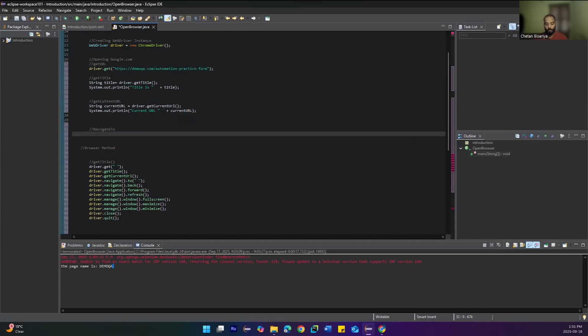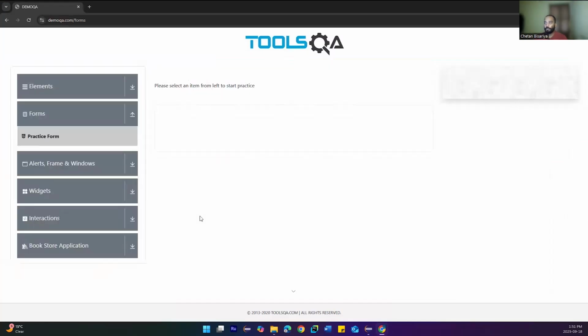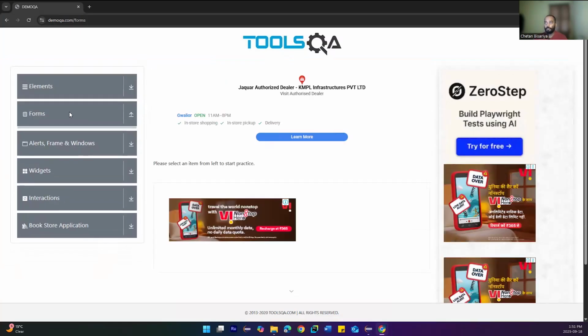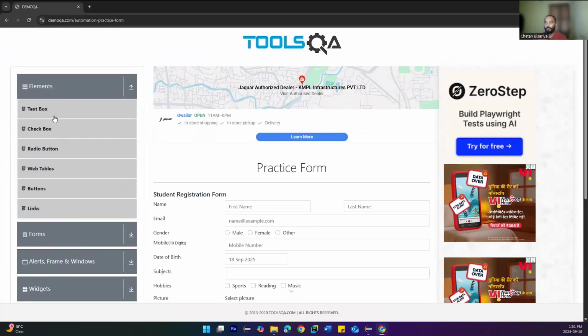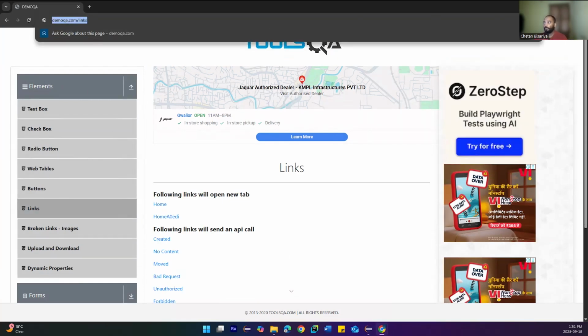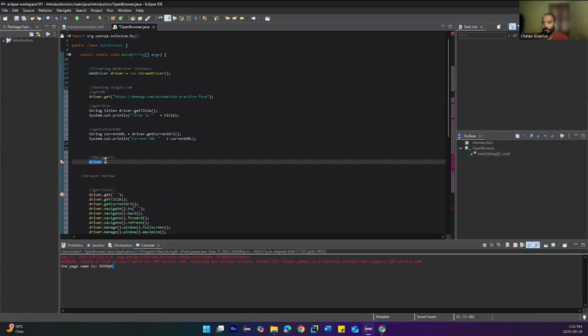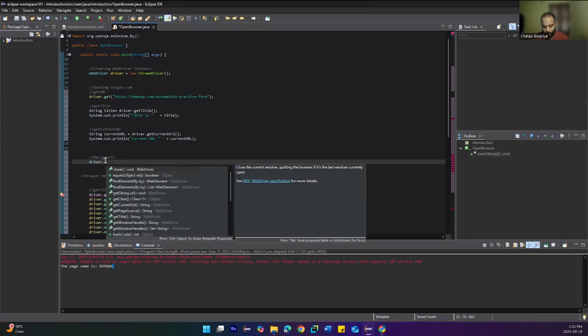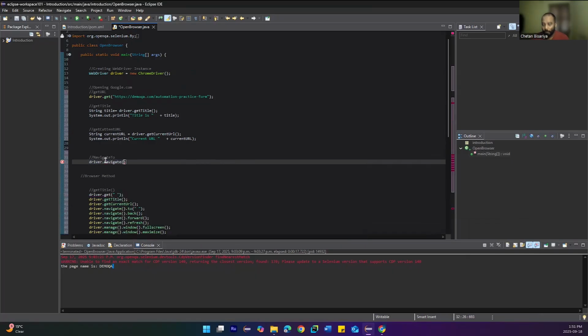Let's say you have to move to another page within the website, and our website is demo.qa, but you want to maybe go to these links, right? So we'll use this link and put it in driver dot navigate dot to. And this is going to put the URL. So it's going to navigate to that